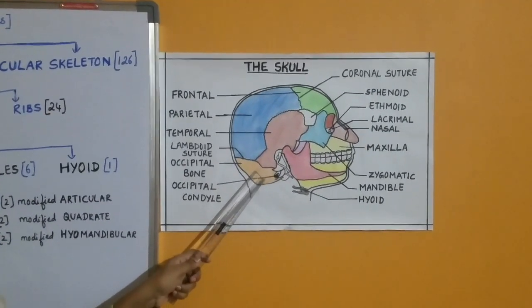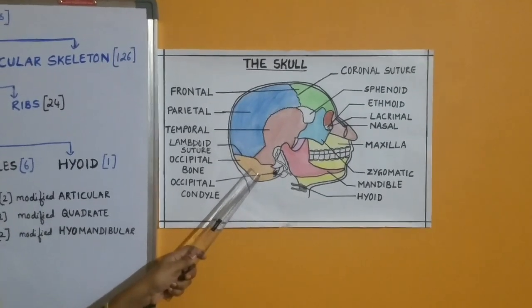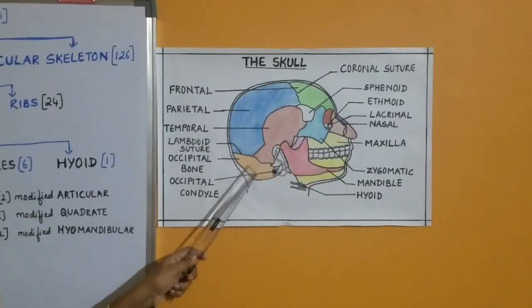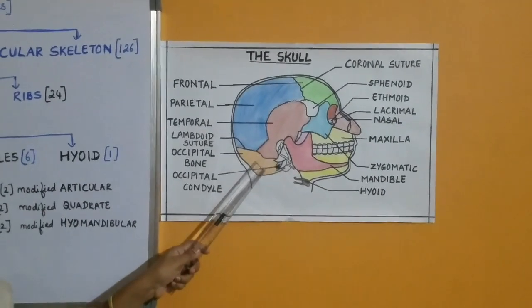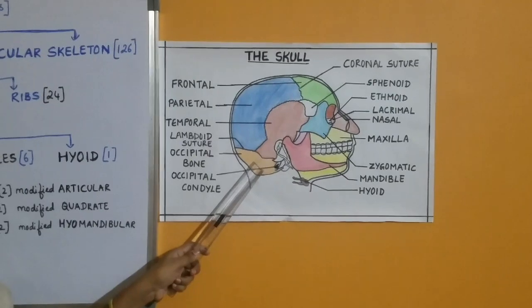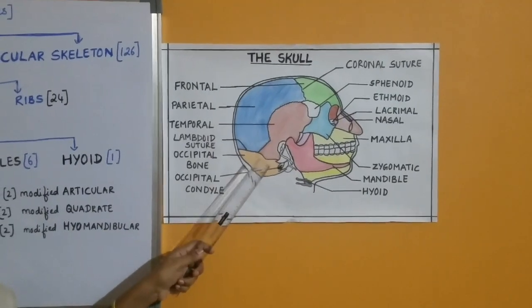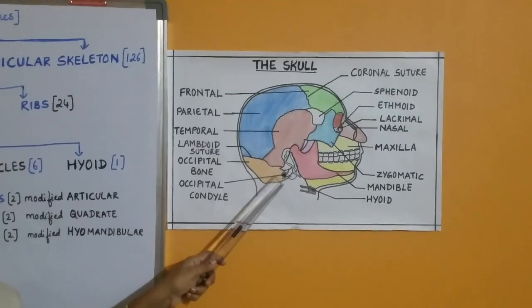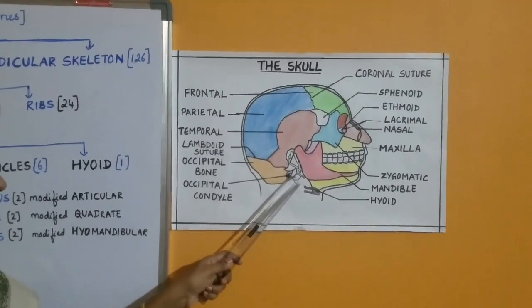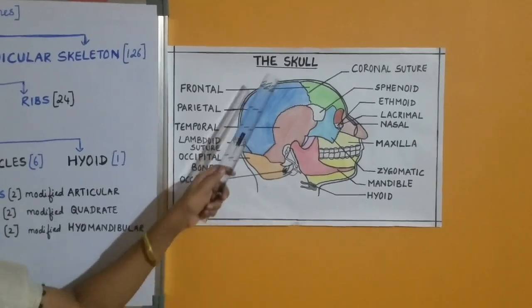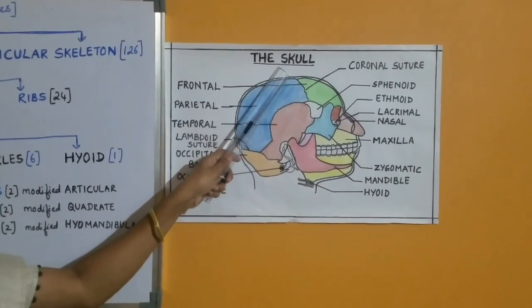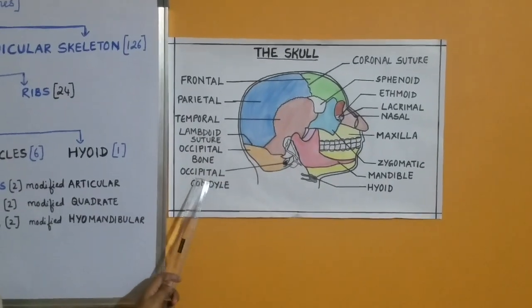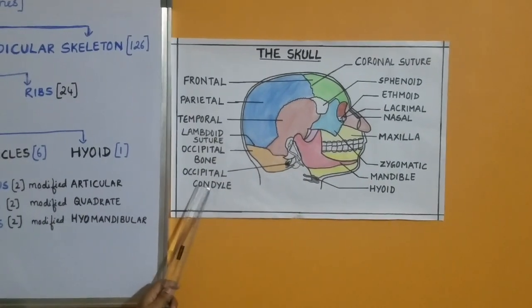And the third one is the occipital bone which is 1 in number which forms the posterior part and base of the skull. And it has a large opening called foramen magnum through which the last part of the brain, that is medulla oblongata, passes out and joins with the spinal cord. And on either side of the foramen magnum, it has 2 occipital condyles and hence the human skull is called as dicondylate. The skull is attached with the vertebral column by means of 2 occipital condyles.